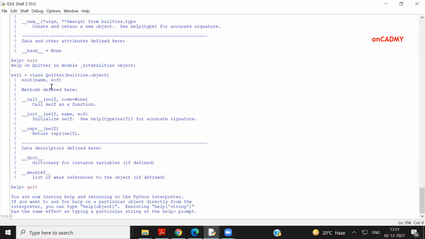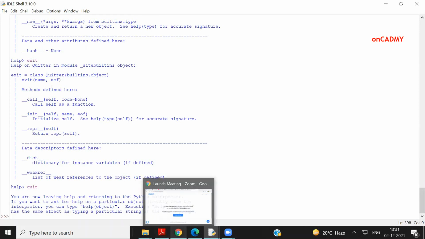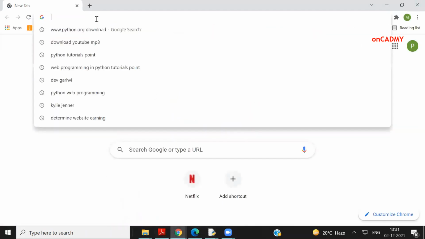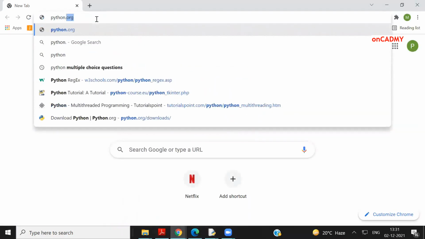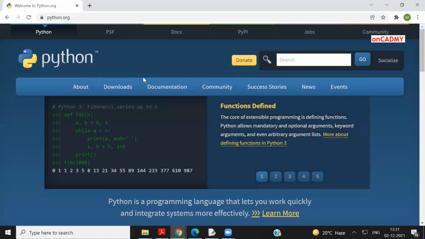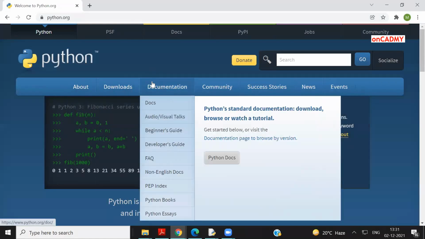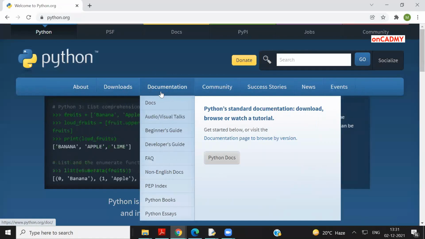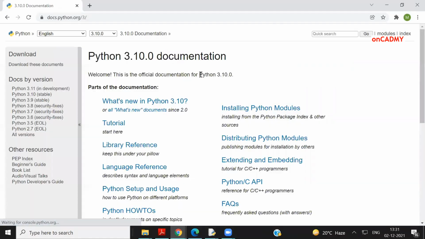And another method I have already told you: in the browser also, you can seek the complete help description on python.org, where there is a tab called Documentation, where you can get information about any of the topics regarding Python. This is the third tab. Over here, Documentation is written and we can access the Python docs. It will again give a version-wise Python description of any of the statements which are used in Python.